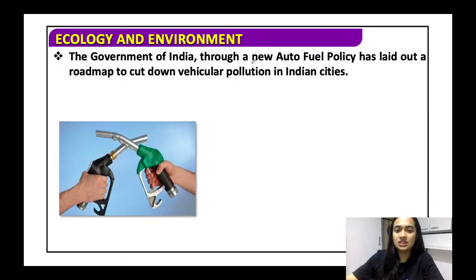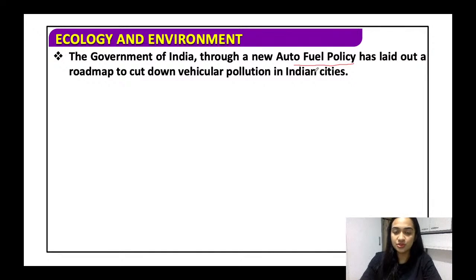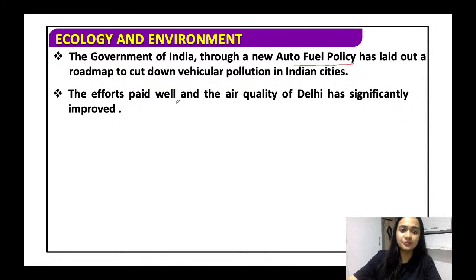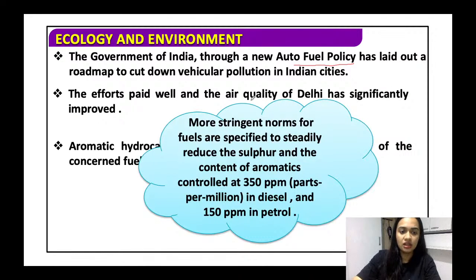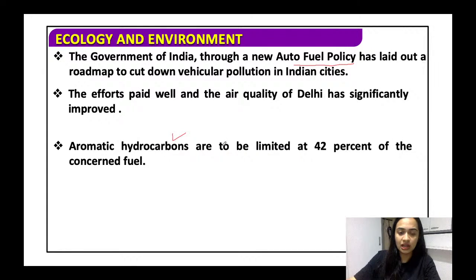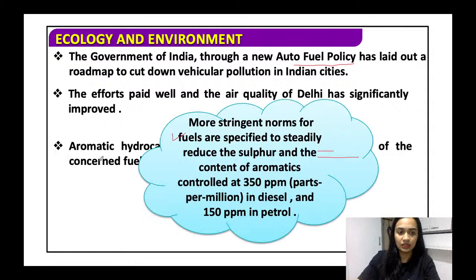So, the government of India, through a new auto fuel policy, had laid out a roadmap to cut down vehicular pollution in Indian cities. ठीक है. Auto fuel policy ये आपका वापस याद रखना है. Now, aromatic hydrocarbons are limited to 42% of the concerned fuel. ठीक है. Now, more stringent norms for fuels are specified to steadily reduce the sulfur and the content of aromatics at 350 ppm. ठीक है. 350 ppm में हमें restrict करना जरूरी है in case of diesel, and in case of petrol we need to do it as 150